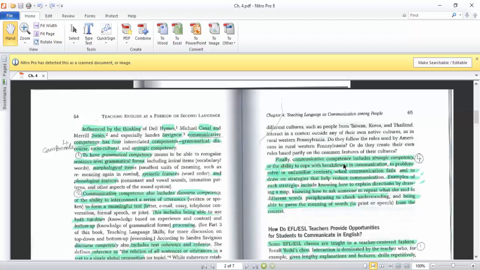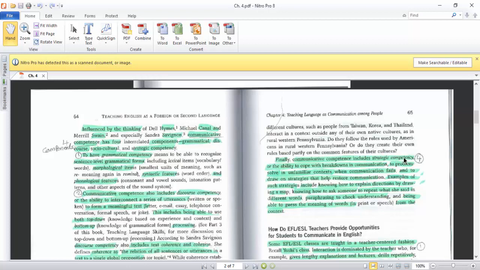Here we have the final component of communicative competence. Finally, communicative competence includes strategic competency. Strategic competency, number 4, is the ability to cope with breakdowns in communication, to solve problems in unfamiliar contexts when communication fails, and to draw on strategies that help restore communication. Examples